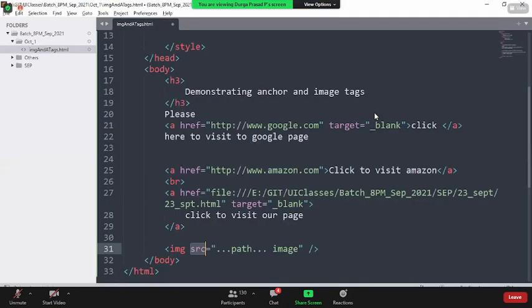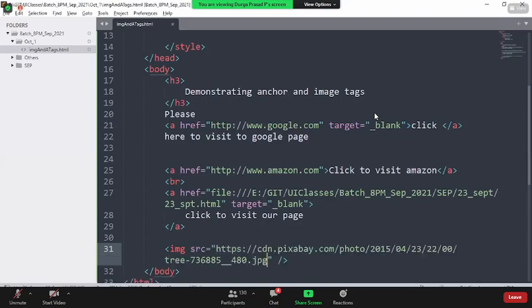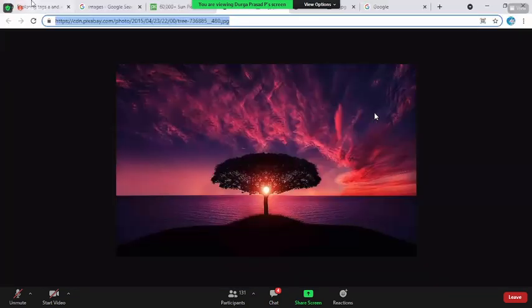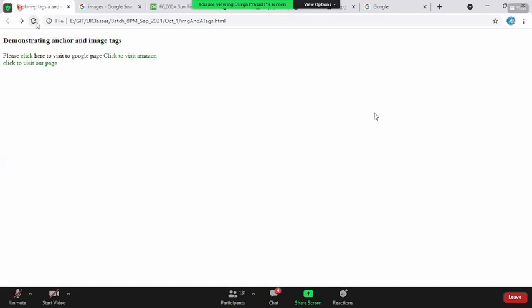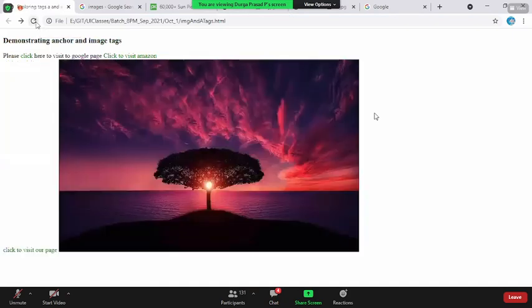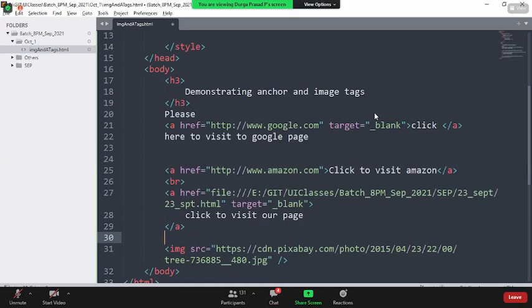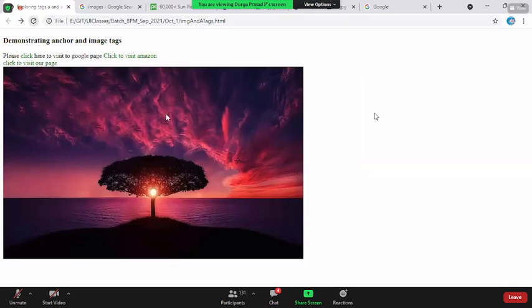Come back to the anchor tag, IMG tag. Under the SRC, simply specify the path of it. As simple as this. Now, if you save this, come back to your web page and reload the page, do you see the image got added to the web page? Yes, it is. And if you clearly observe, guys, after the link tag, within the same line, IMG is coming. It is not coming into a new line. Why? Because it is an inline element. We'll talk about that later. But for now, in order to get it to a new line, I'm using the BR tag. Now, if you refresh your image.